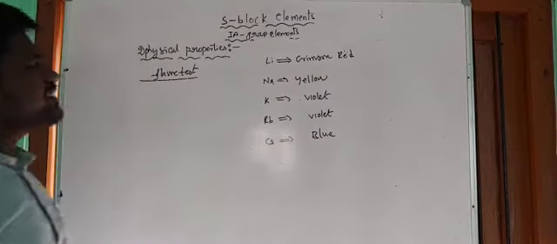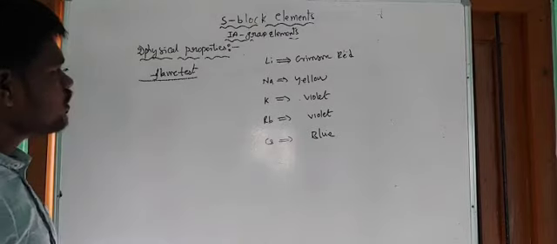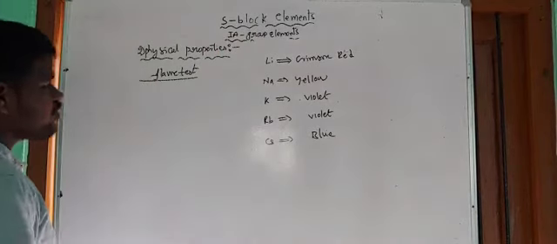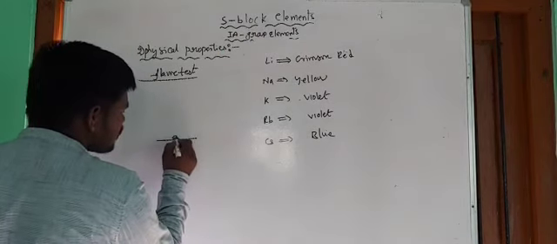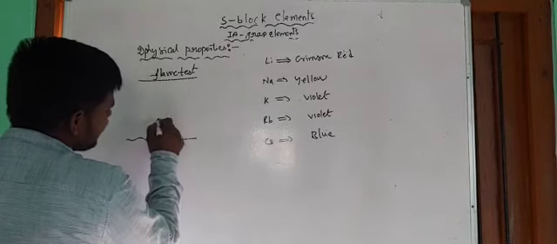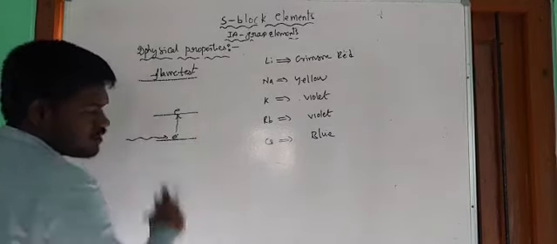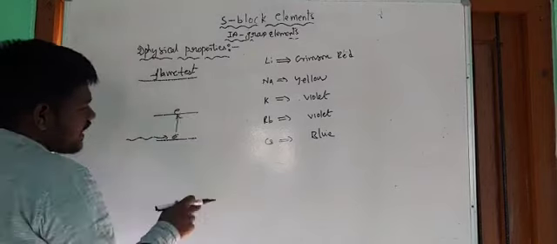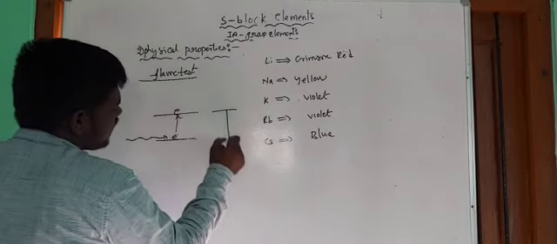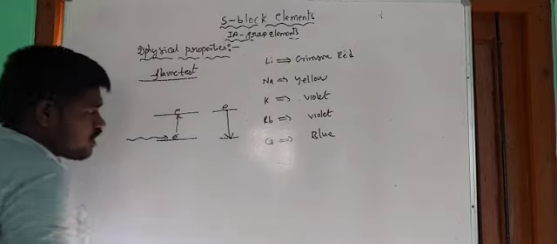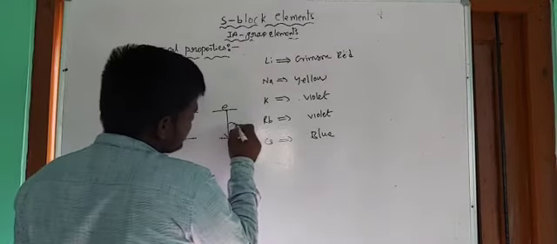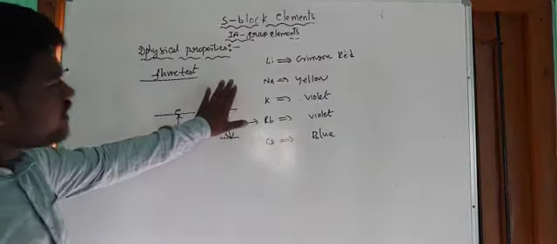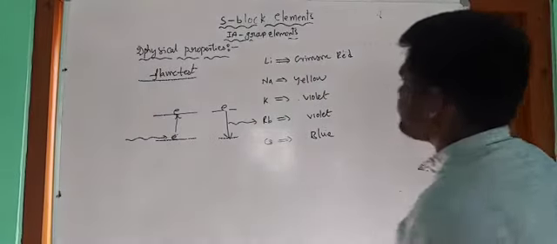So right guys, why can all these elements produce color? When they are placed in a flame, or heated, what happens? The electrons present in the ground state, by absorbing the heat, go to the excited state. It won't remain for a long time in the excited state. Again it de-excites, meaning the electron comes down. When it is coming down, it emits some radiation. Due to the release of this radiation, they show various types of colors.